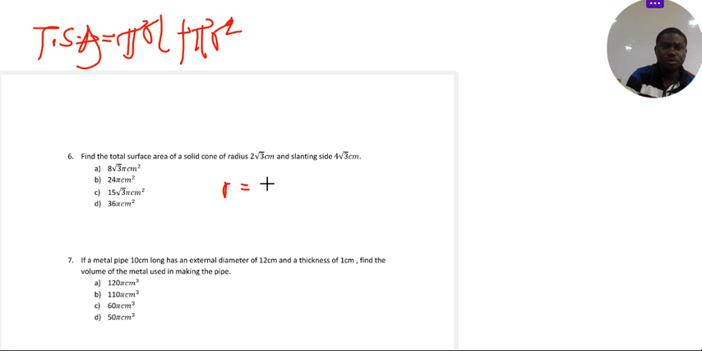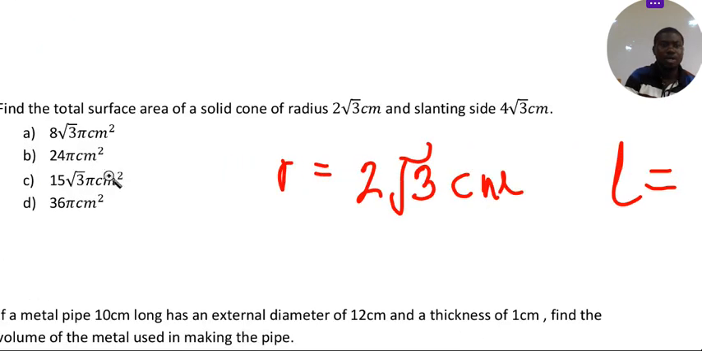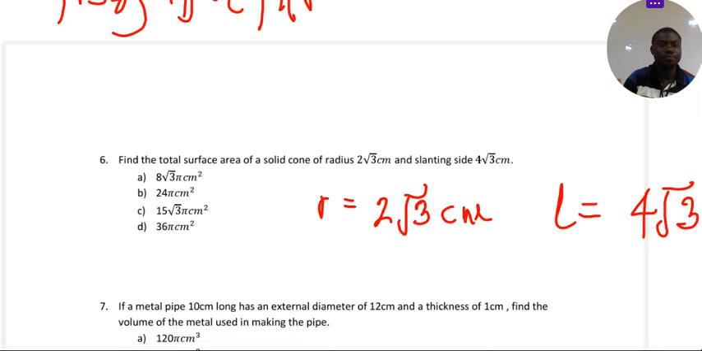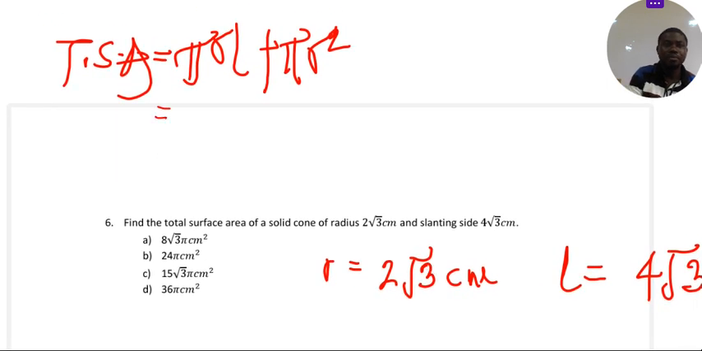So we have the radius 2√3 centimeters, and the slanting height of the cone is l, that's 4√3 centimeters. We can use these parameters to figure that out, and the answers are in terms of pi. As we can see among the options provided, all answers are in terms of pi. So we have pi times radius 2√3 times slanting height 4√3